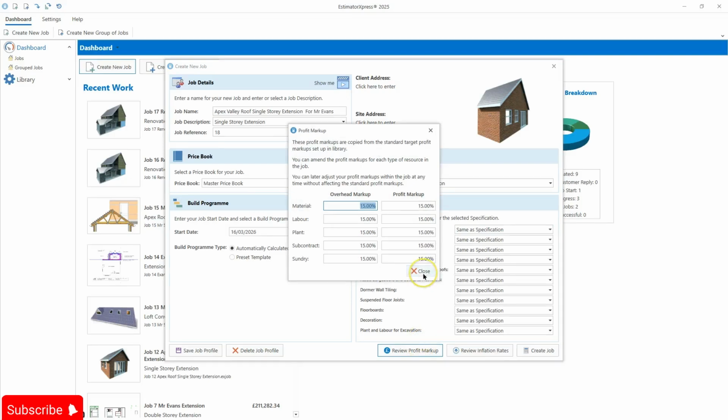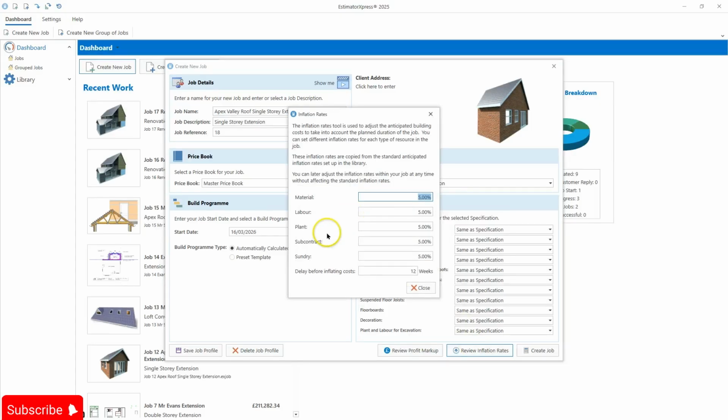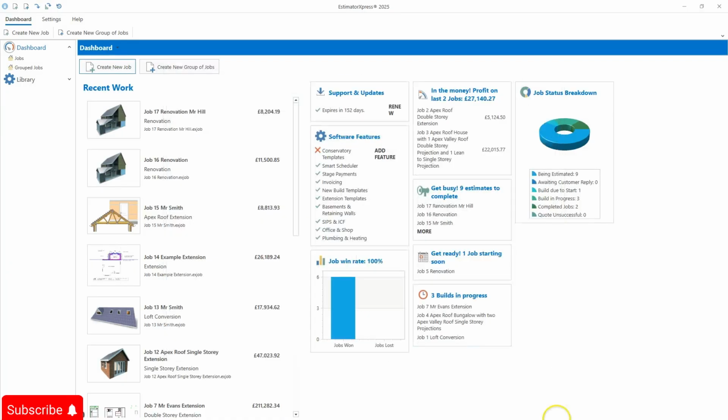We can also do the profit markup for each of the sections for overhead markup and the overall profit markup. And indeed, we can review inflation rates and when the inflation obviously kicks in to ensure that any jobs that you do, the software automatically calculates the costing in for any inflated costs that may accrue as you go along. So once you're happy there, hit close, we hit create a job, and then we wait a little while